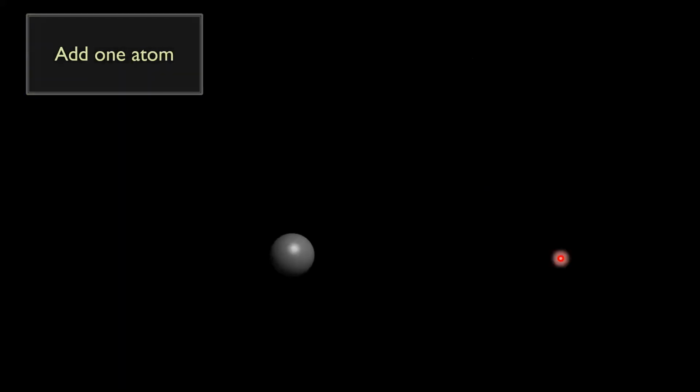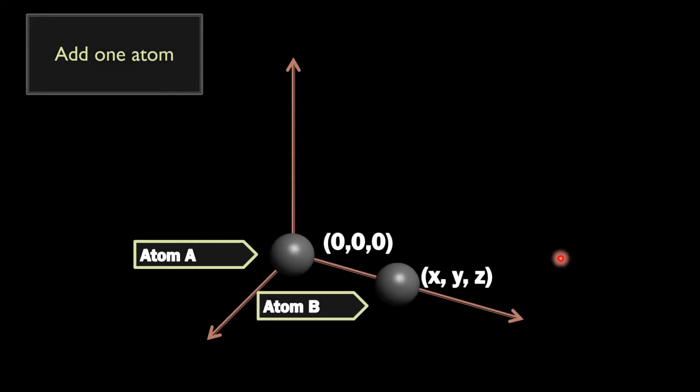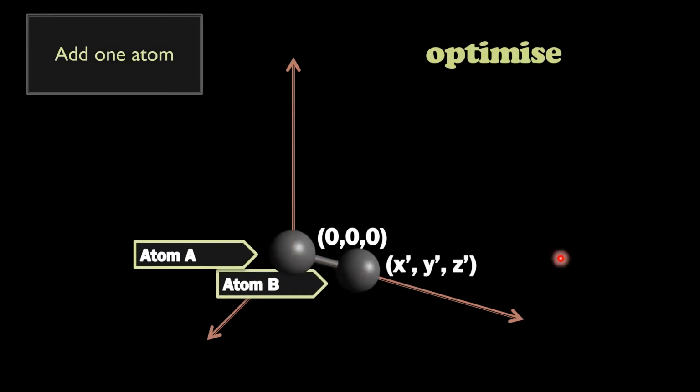So adding an atom, keep the first atom at the origin. So how do we do this automatically? That is what I am trying to explain. So add an atom at the origin, and then add one more atom on the axis, and then you need to know only the distance between them, and then you can optimize them using whatever density functional methods we have, and then we get the optimized geometry.